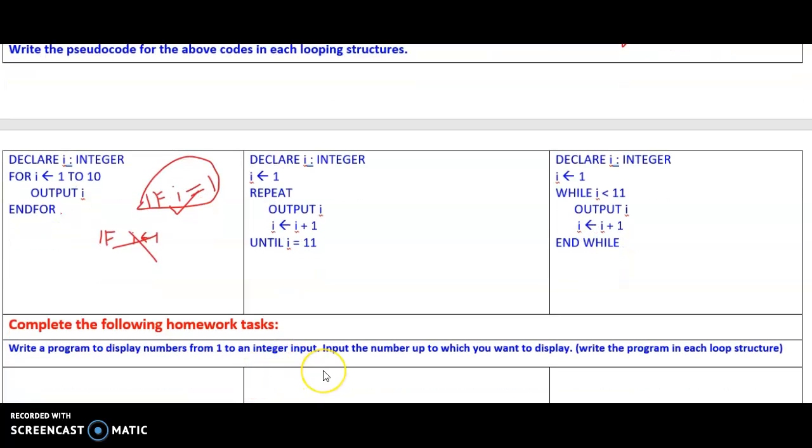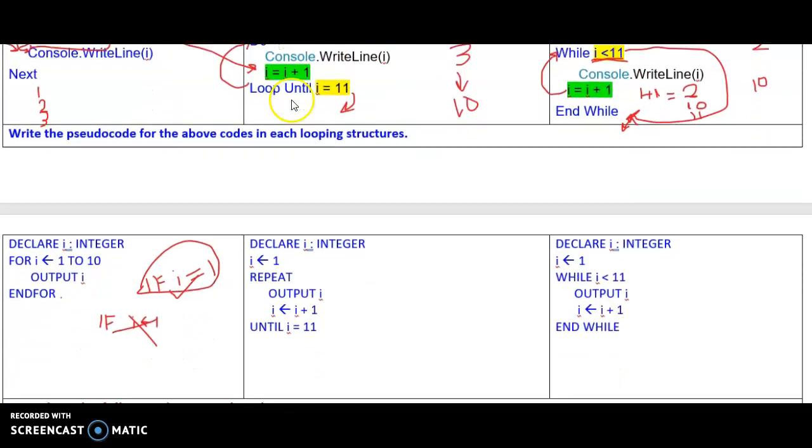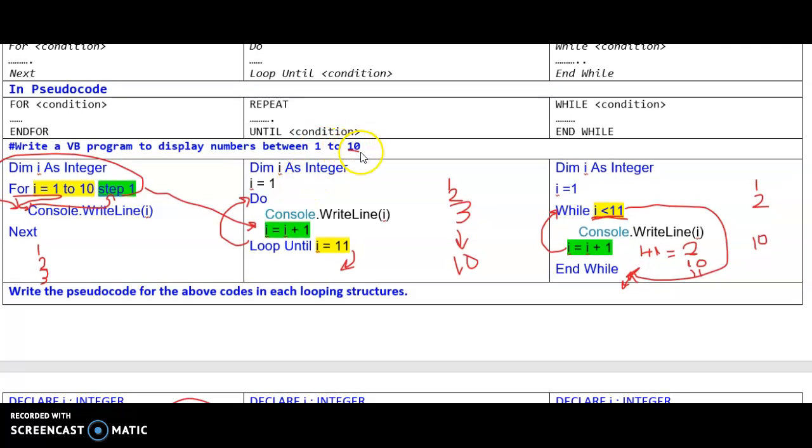So enter a number. For example, you have to enter a number which is bigger than, or above, 1. So if the user entered 20, you have to display numbers from 1 to 20. So in that case, what changes do you have to make here? You should keep in mind, because if you have understood this lesson, for sure you can do this one. Here, let me repeat, 10 is given, 1 to 10, the range is given, but here